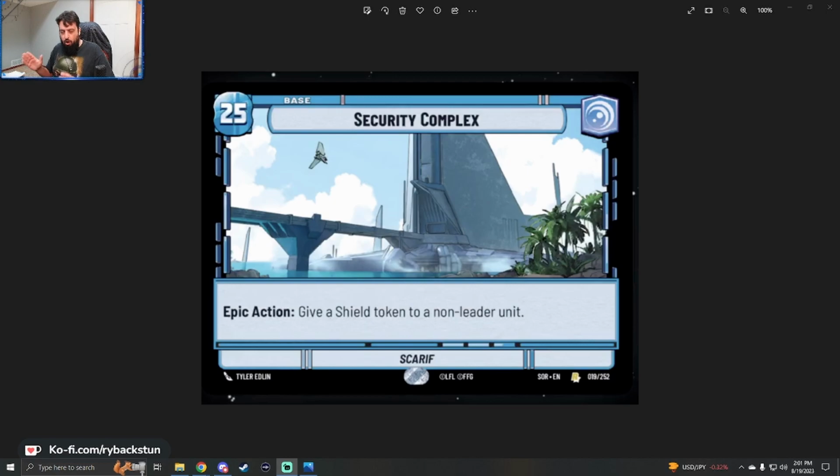My opinion on this card is I think the design space is cool. I don't think that a once per game shield token on a non-leader is worth 5 health. I think that if I'm sitting across the table from somebody who has this as a base and I'm running aggro, I'm loving life because I will absolutely speed down 25 health much faster than I could speed down, say, 30 health. Given that that's the case, if you need a shield in a clutch moment to be able to